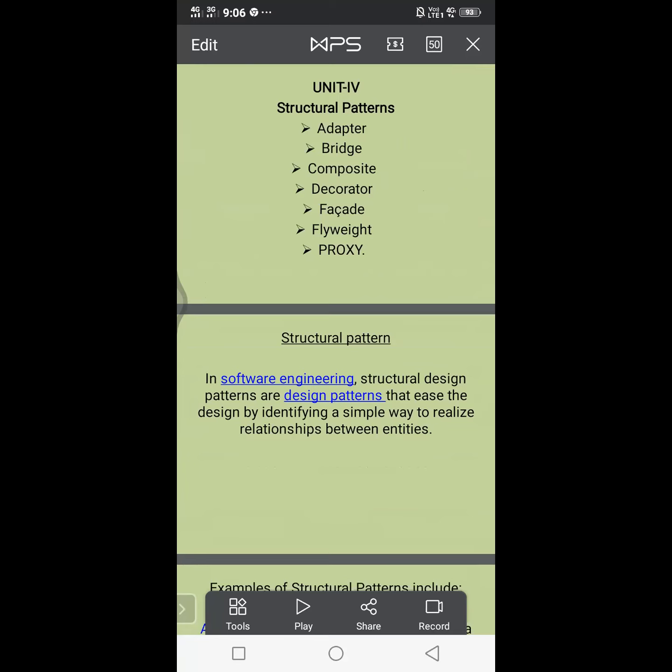Today we try to complete the fourth unit. Actually, these topics were already completed in the last classes. I was just trying to give some examples for each and every topic, so that's why I dragged the topics out. Today I will end this unit. Just try to remember what we discussed in the last class.